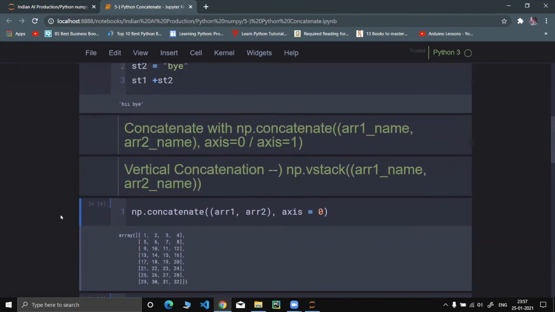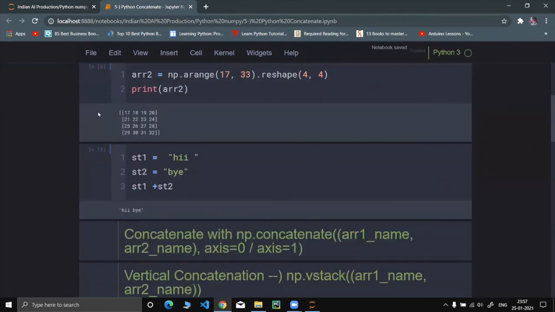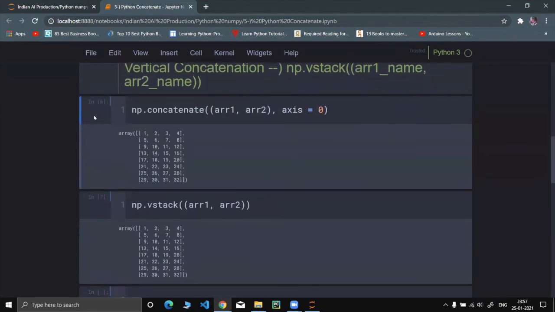So now over here we have created two arrays, and what if we want to concatenate them in such a way that the second array is below the first one? For that we can use the numpy.concatenate function, and inside a tuple we need to assign the two arrays, and as a parameter we can use axis equals to 0.